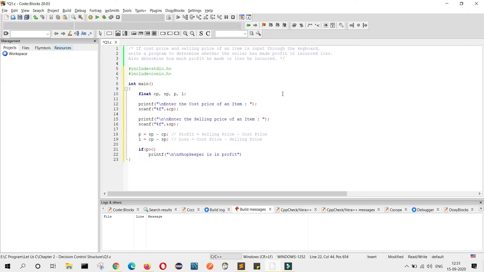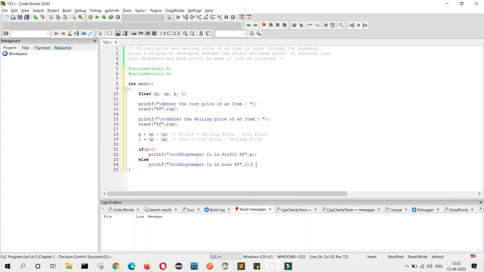Here we will write the profit, and the profit is %f, and here we will write P. This will calculate the profit. Else, I will write the same line for loss, is in loss, and here should be L. P should be capital for better view.